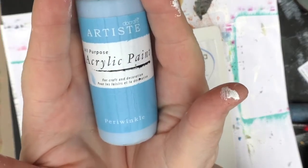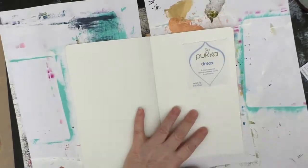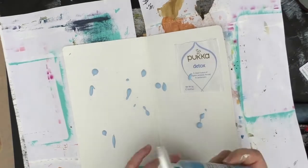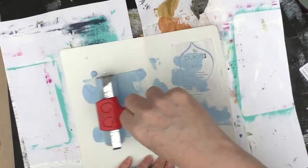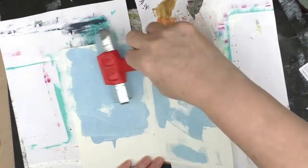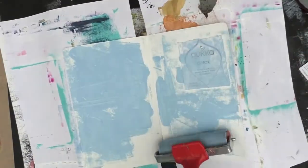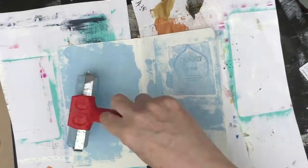So step two is to use a crafty tool with paints or spray inks. So what I've chosen to do here is to use a couple of colours and my brayer, and all I'm doing is to roll the colour on. I quite often create backgrounds in this way. It's a good way to quickly get paint down, and it gives it a more uneven finish than using a